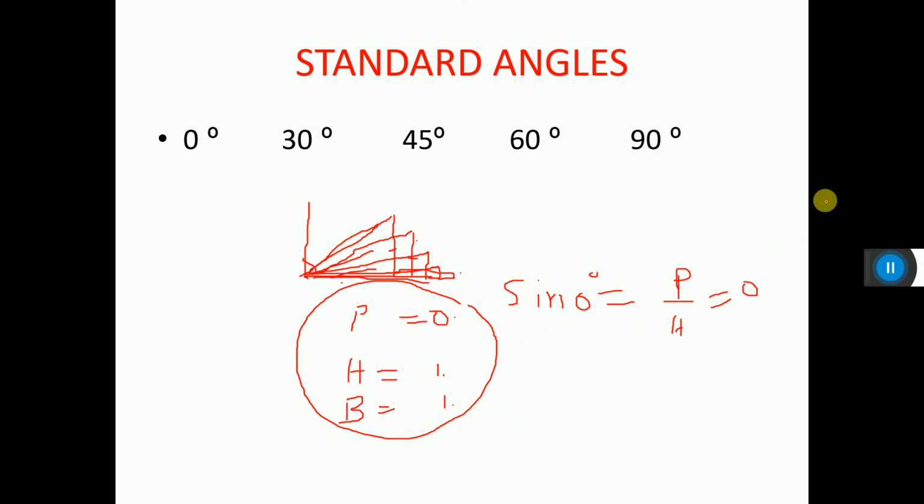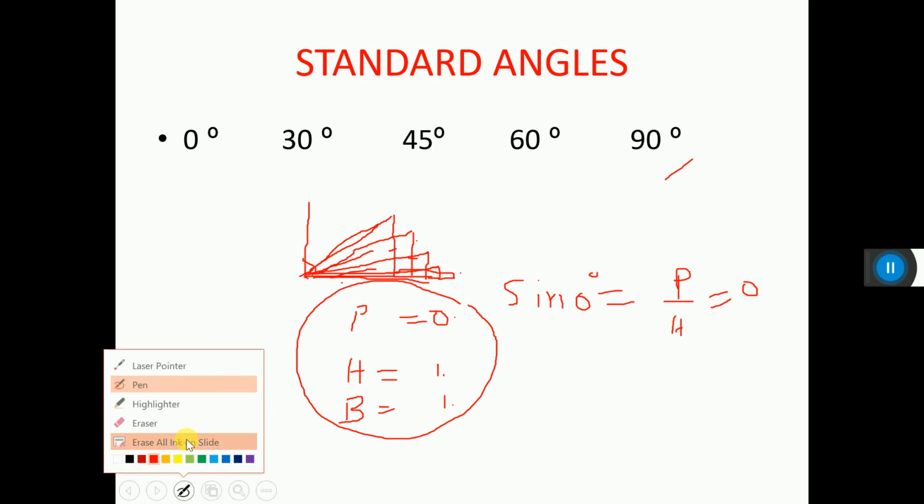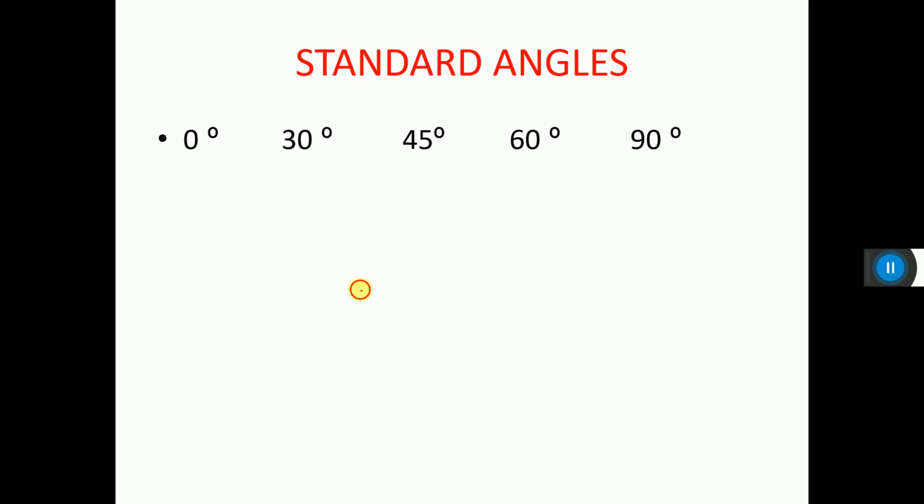Now I am showing you how to do 90 degree. See here, 90 degree. Again, let's say here 0 degree. So you increase the angle, then what will be the perpendicular? This one. Again increase, the perpendicular is increasing, see, but the base is decreasing. The size of the perpendicular is increasing when the angle is increasing.